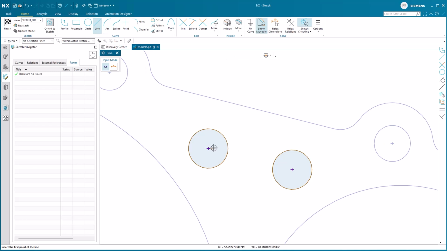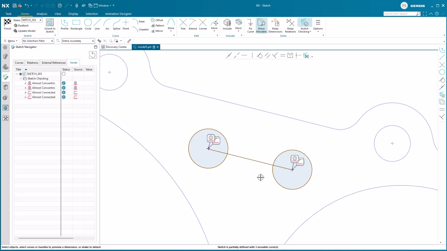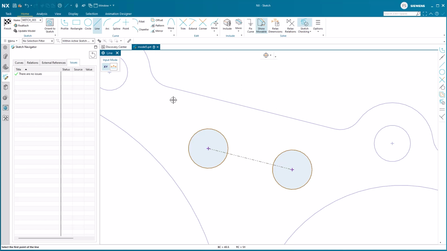We move on to create the center line and immediately find out that the line created has several issues. We note that the almost connected issue will correct the line to align with the 2 existing points as endpoints. As the line is supposed to be a reference line, we make it a reference line. We're closing in on that slot definition and continue by creating the upper connecting line.